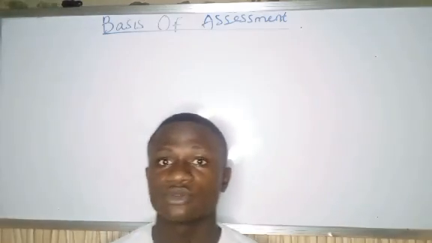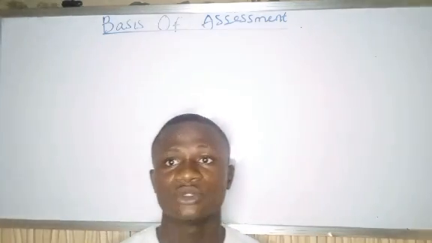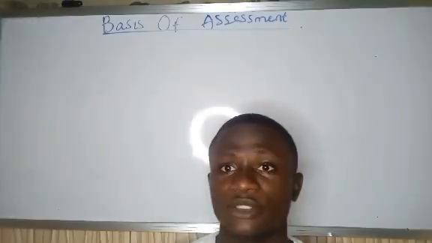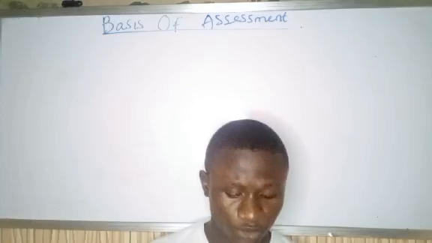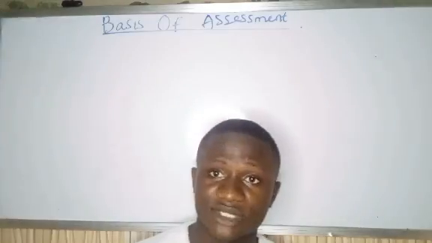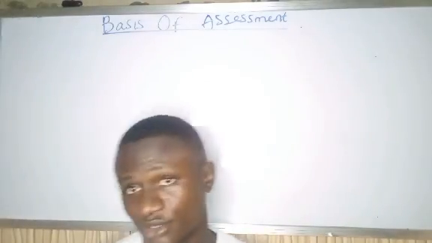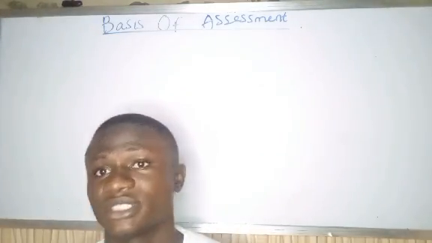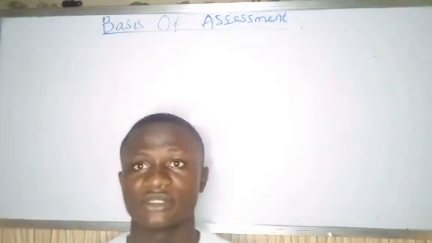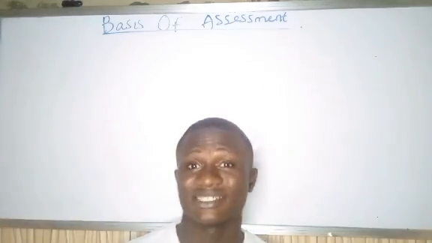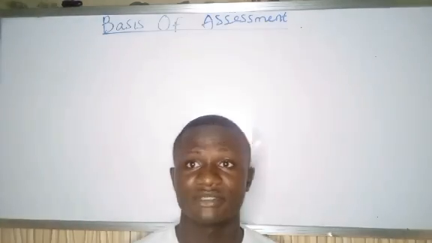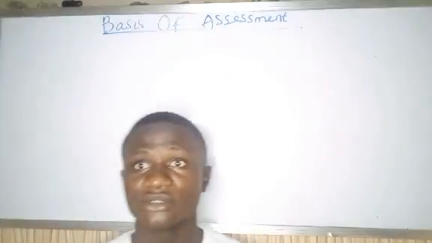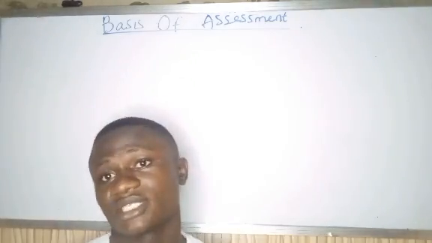There are three things we are going to deal with under this video: commencement rule, change of accounting date, and cessation. When a business is just being incorporated, how do we treat their basis period? When a business is changing their accounting date, how do we treat their basis period? And when a business is ceasing to operate, how do we treat their accounting period?